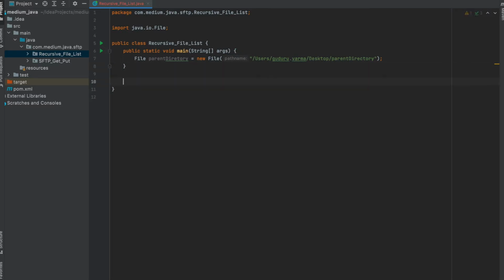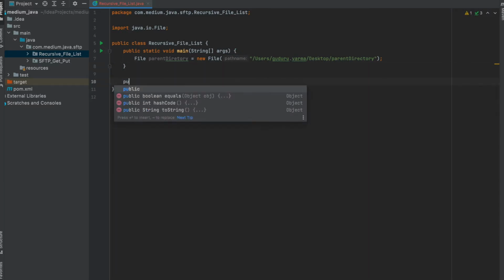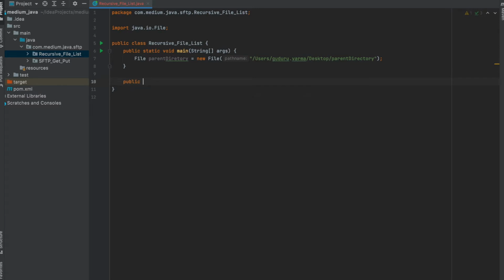Now let's create a list directory method, which will be public with no return type, void, listDirectory, and this will accept the directory path in the File format.